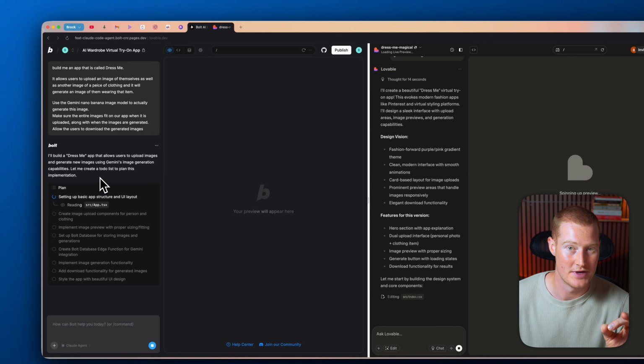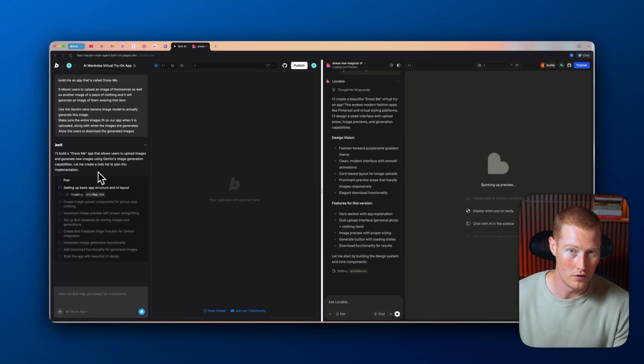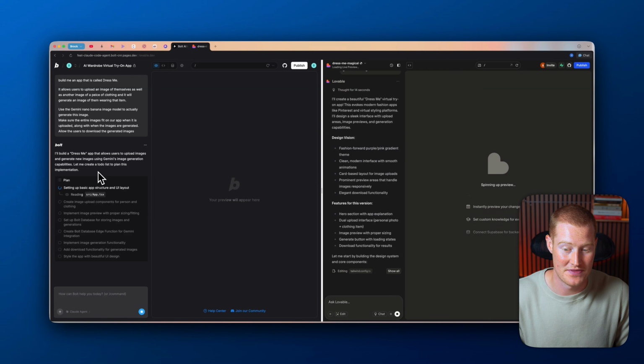So this is a really big thing I want to mention: the Bolt v2 and the Claude Code model is not very fast, but this is not necessarily a bad thing at all. If anything, it's really good. The reason for this is because it's able to actually get more context on what it is you're trying to